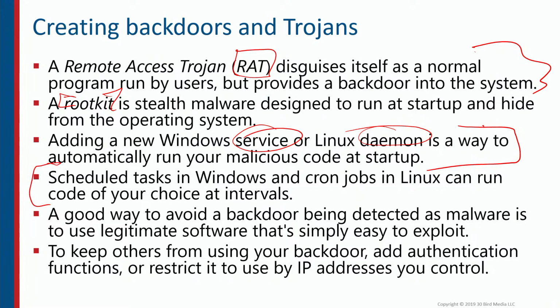So Task Scheduler in Windows and cron jobs in Linux give you the options to have the system run your code. Task Scheduler can kick off whenever you want, every Wednesday at 3 a.m. Cron jobs are the same deal. It's usually better to use actual legitimate software to do this than to have some sort of sneaky evil code. Right now, one of the best ways to deliver malware to a system is to write a nice Python script that basically just phones home, and to wrap that up in an executable which the malware people won't find.